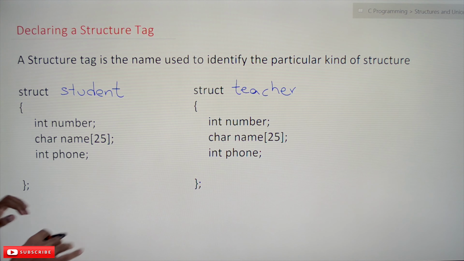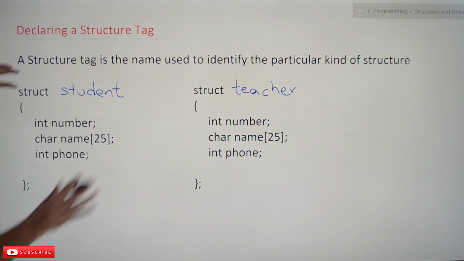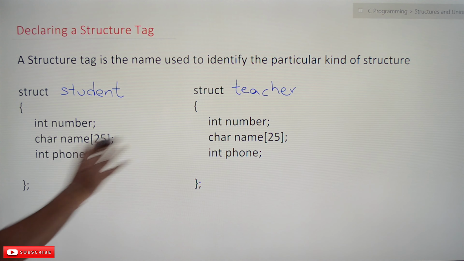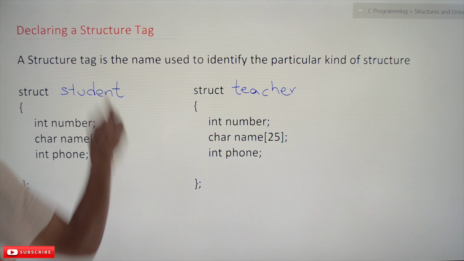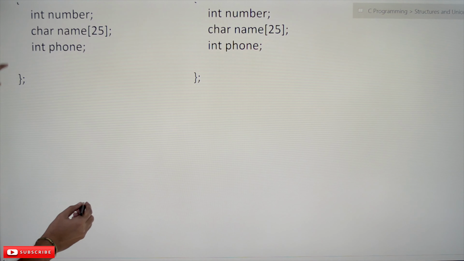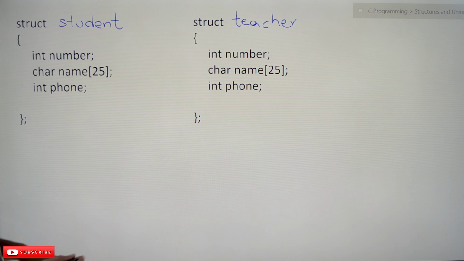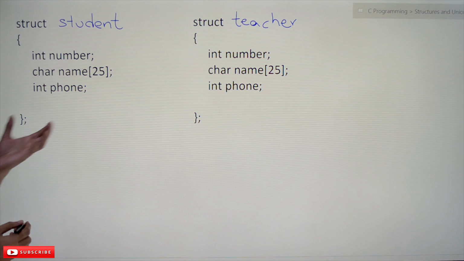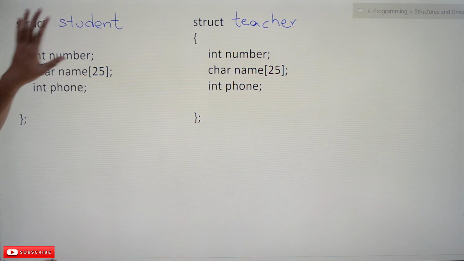Now, we haven't given the names of the variables. Consider these as one after the other. For better understanding, we have shown them side by side, so just consider them as part of the program. Both the structures are part of the program and they are written sequentially. Now, how do we declare the variables for this structure? We have created a structure.